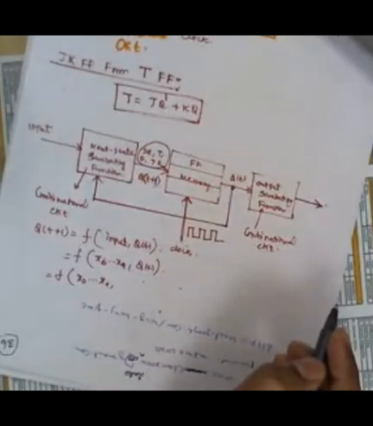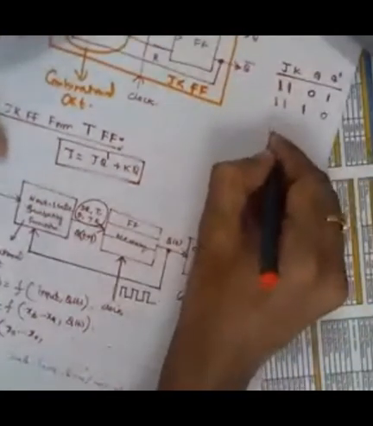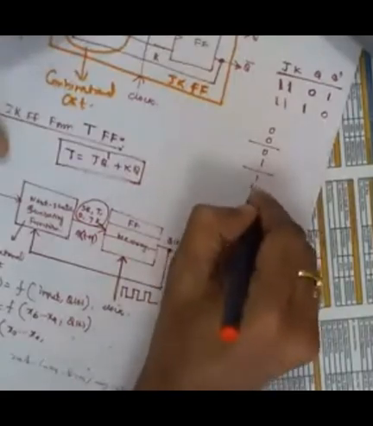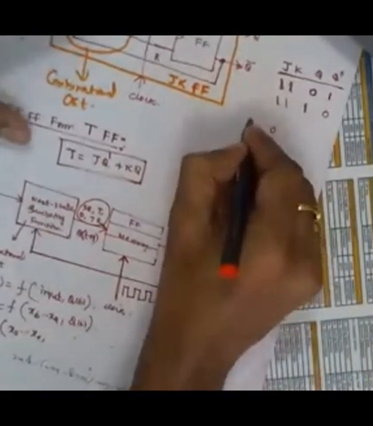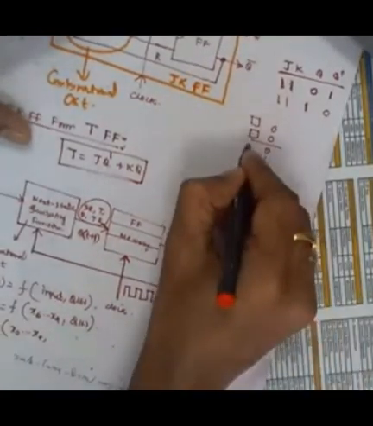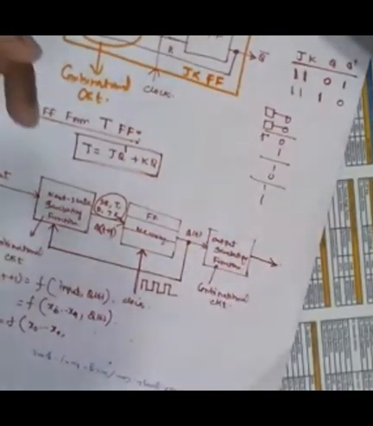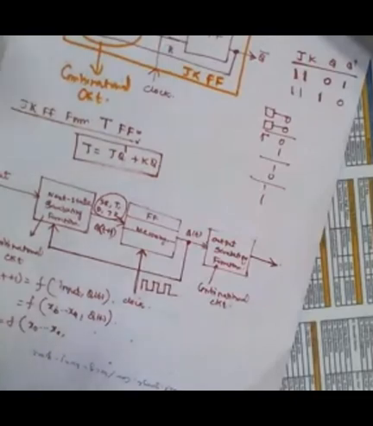Because you want to vary your states in 4 different levels. You want 0,0 as one state, and then 0,1 as another state, and 1,0 and 1,1. So you need 2 flip-flops now, this flip-flop and this flip-flop. These 2 flip-flop outputs will be treated together to say that you are maintaining the state in 0,0, 0,1, 1,0, 1,1.